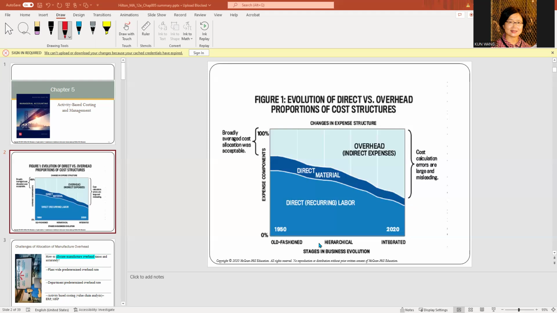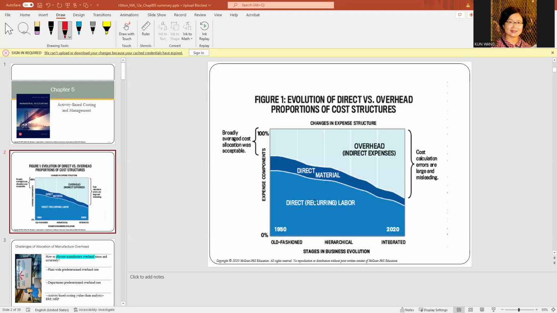The underlying reason we all know is the wide adoption of automated manufacture process, including the use of machineries, equipment, robots. As a result, we have more indirect labor and also depreciation and maintenance expenses related to the machineries and equipment. So because of this